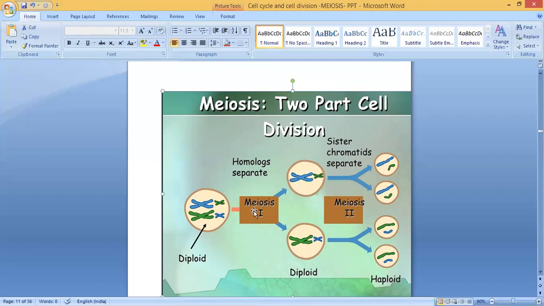So this is meiosis 1, this is meiosis 2. So that is meiotic division. Two meiotic divisions are there. So here the parent is 2n, diploid in nature, but here the 4 daughter cells will be haploid in nature. Okay, they are haploid in nature. Here you can see it's diploid in nature, one pair of chromosomes. Here the chromosome number is actually half. Understood? Half the number of the parent. So it's haploid in nature.